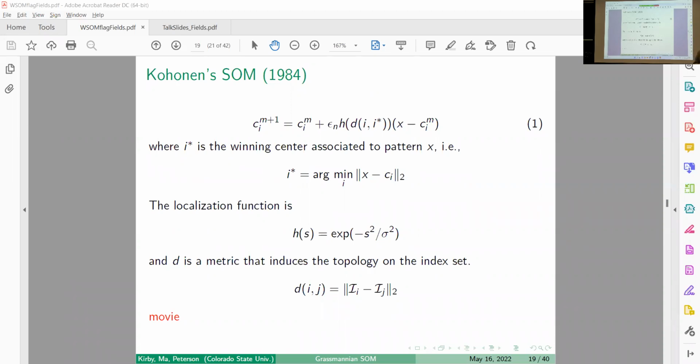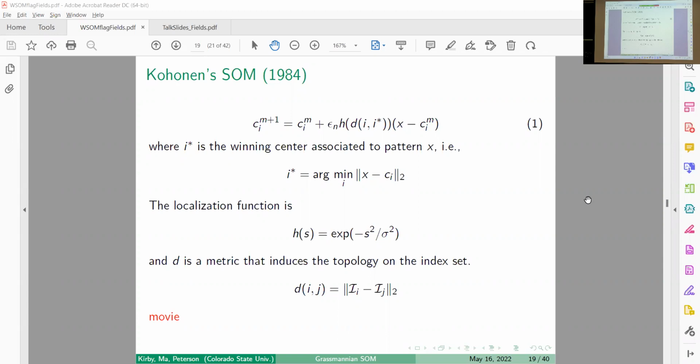How do you calculate distances on the flag? Well, the equations for doing it amount to having to solve for the geodesic. The big picture is that you have representing the Grassmannian as a quotient space, and you can do the same thing with the flag. So it generalizes very nicely.